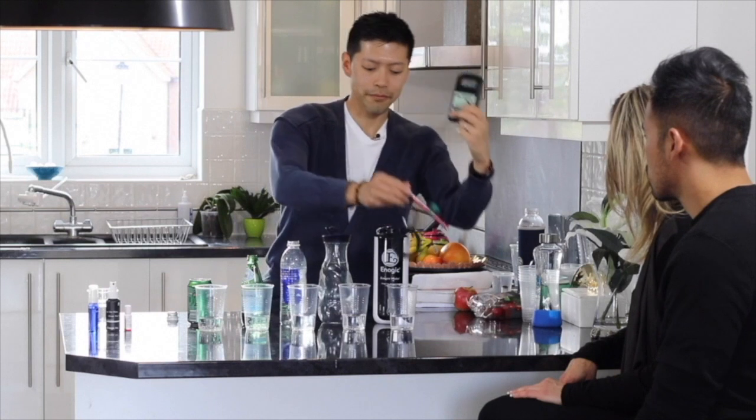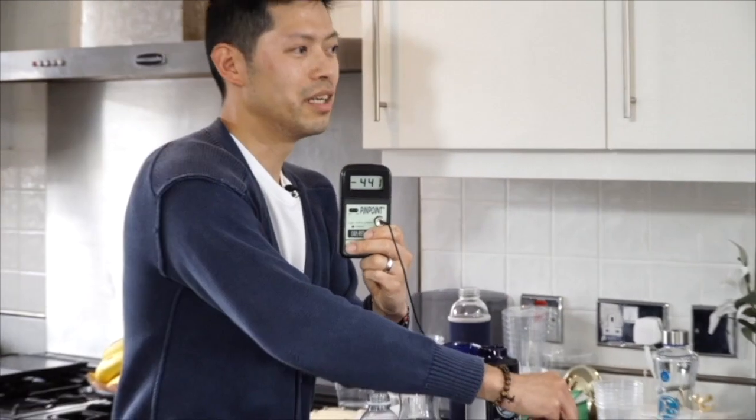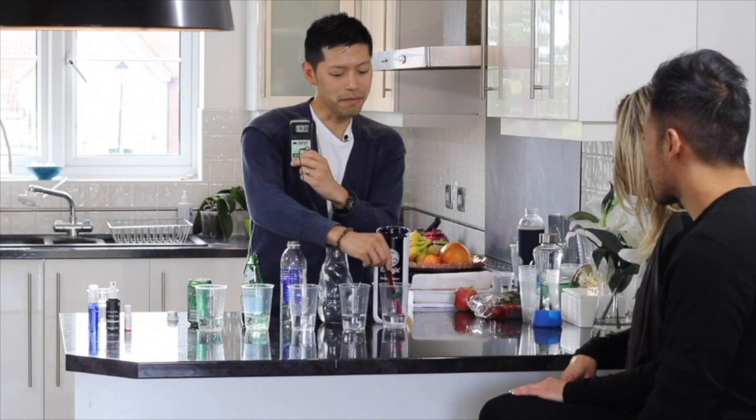So lastly, we come on to Kangen. In Kangen water, as you can see, it will gradually drop. What is the reading on here? Minus 400. Minus 400. So you see there is a negative reading on this meter, right? So what this means is,